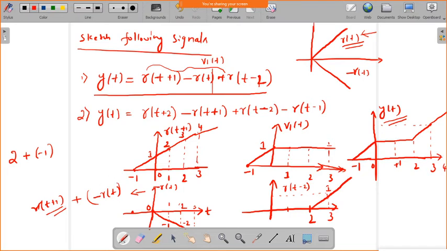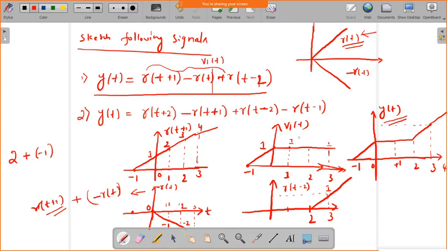Okay. So now you add these two signals: 2 and here it is minus 1. 2 minus 1 is plus 1. So that is what we have written here, plus 1, at index value 1. And similarly at index value 2, the signal amplitude here is 3, and here it is minus 2. So 3 minus 2 again gives 1. And similarly it will go on till wherever t takes it, so it will go to infinity. So now this is the resultant signal V1 of t.